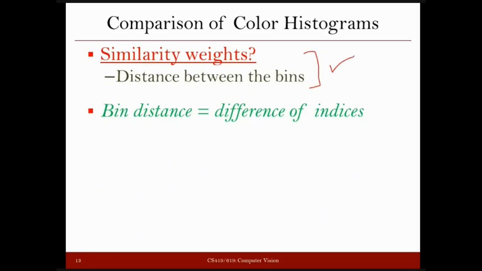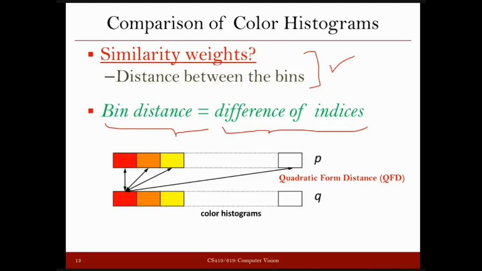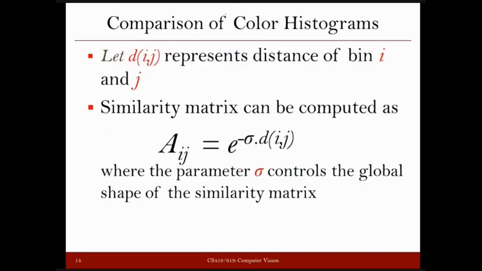So as we discussed in the previous slide, this weight here can be defined with the help of the bin distance. How do you calculate the bin distance? It is calculated by just subtracting the indices of the bins. Let's say Dij represents the distance between bin i and bin j. If you go back to the previous discussion, we found that the weight was decreasing as the distance was increasing. So in some sense, you can say that the weight was inversely proportional to D.